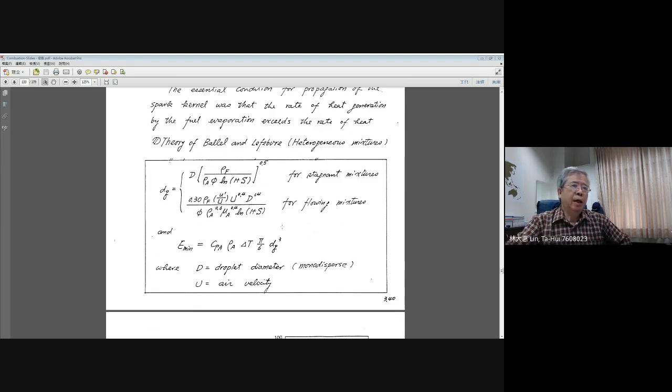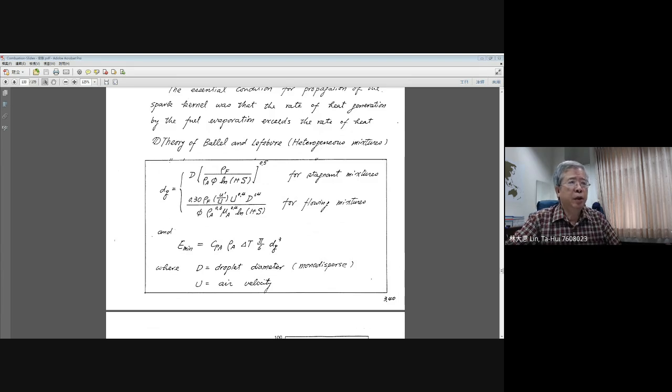Okay. Here I need to mention that there is a phi equilibrium ratio here, and for these two formulas, phi is always smaller than 1, because we are talking about the initial condition for the ignition process. Initial condition means you just supply the liquid fuel to the ignition area, right? Then from the beginning, the gasification is very weak. Actually, you do not have too much fuel vapor in the ignition area. Then the equilibrium ratio is very small, it's very thin, okay? And you should understand this equilibrium ratio should be smaller than 1, okay?